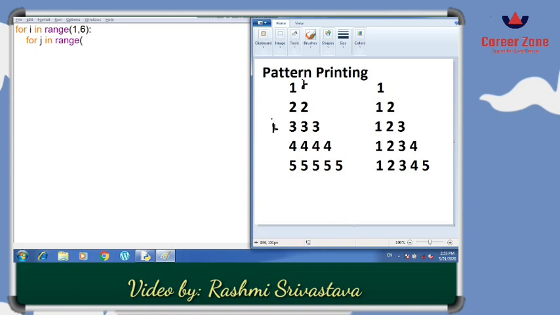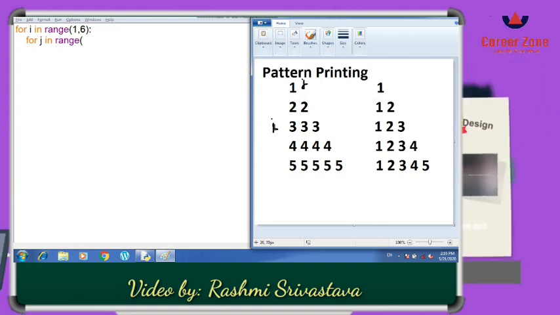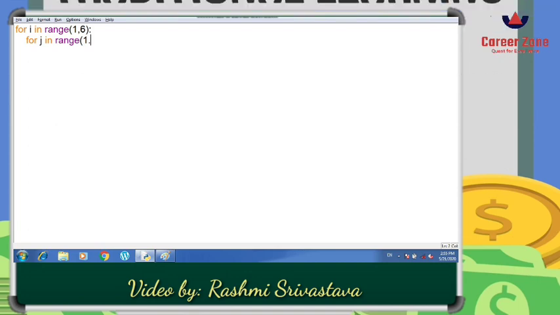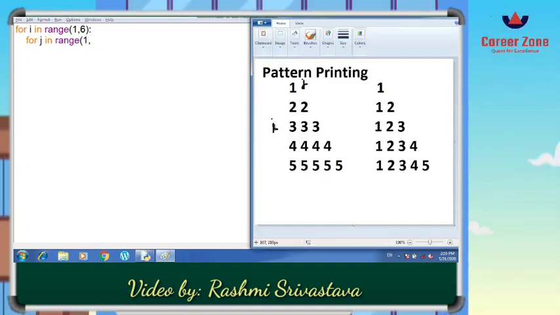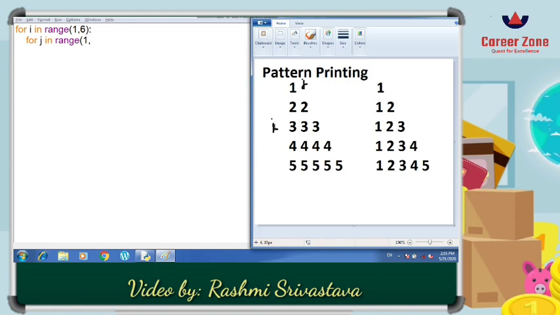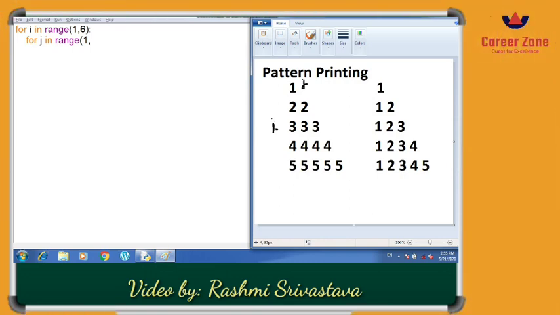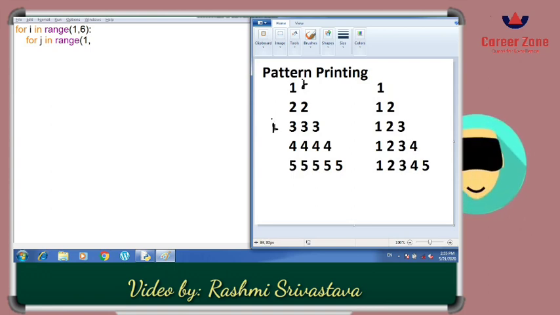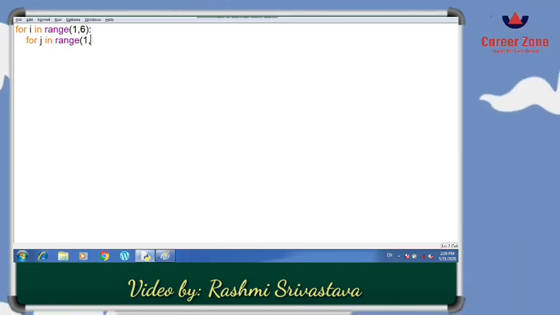So what if I write the loop for printing the value, where j should start from 1? If the loop executes till the i position, and the value of i is 1, I want the loop to execute for printing 1 time. What value is going to be printed we will decide afterwards. First of all we need to see how many times this value is going to be printed. So this value is going to be printed 1 time. The value of j will start from 1 till i plus 1.